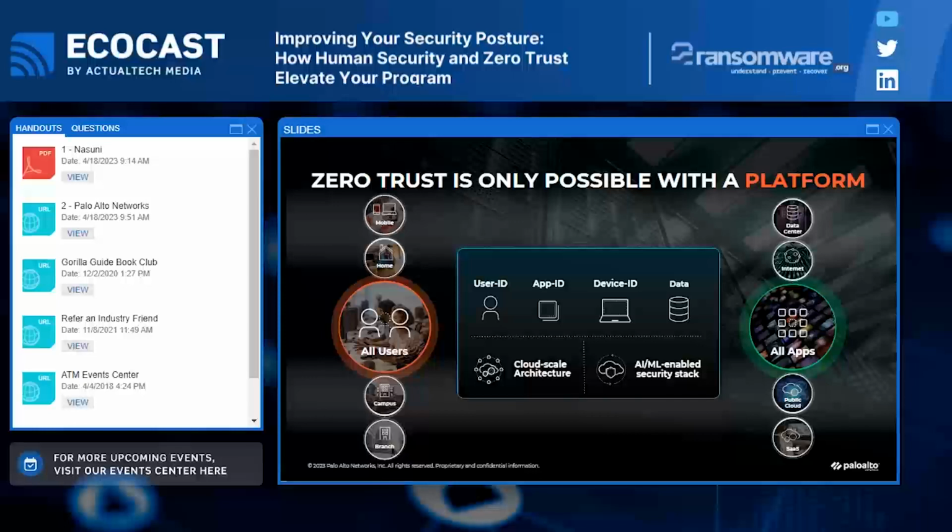We honed our teeth at the inception of our first products around a next-gen firewall approach that leveraged rich context. We were the first to bring to market this thing called App ID. App ID allowed us to get intimate with the applications. And why was that important?